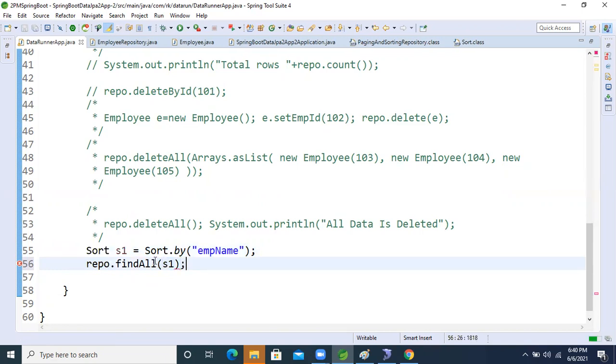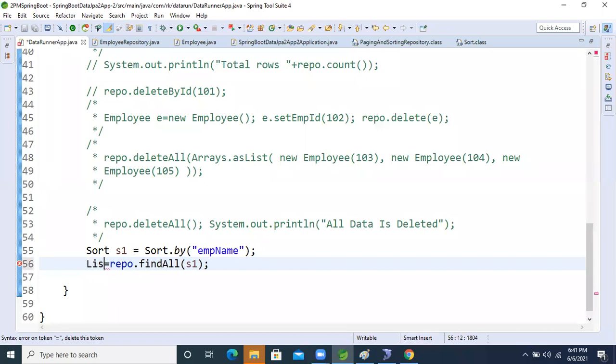Okay, then what will this method return now, guys? It will return Iterable of Employee, a list of Employee. Iterable, Ravi, iterable.